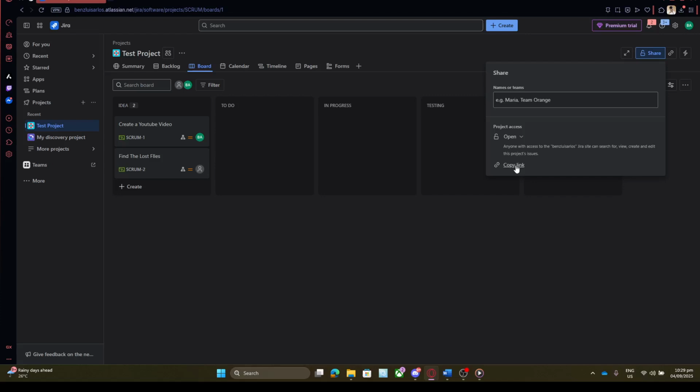By following these steps, you can significantly optimize your project management experience within Jira. From starting at the For You dashboard to sharing project links effectively, you're enhancing both collaboration and productivity. Feel free to explore these steps further to get the most out of Jira's capabilities for managing